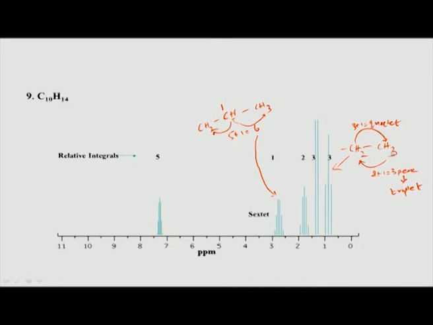So, there is a CH3 which is attached to CH2, but the CH2 is now attached to some other hydrogen, and that hydrogen is probably, so that means this particular carbon is attached to a CH. Then 1 plus 3, 4. So, this is 4 plus 1, a quintet, and that could be probably this quintet here. Okay. So, we have basically a spin system like this: CH3, CH2, CH.